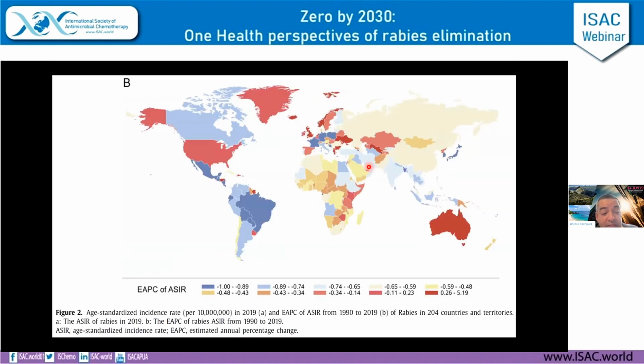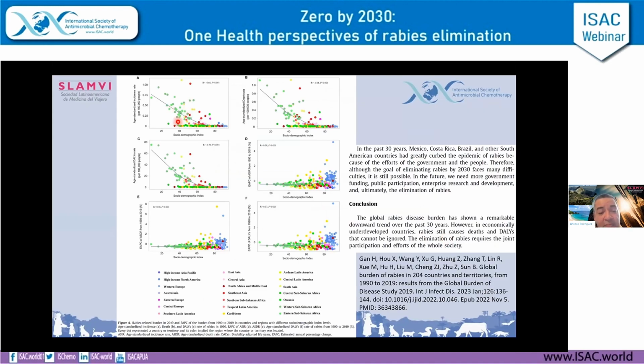Nevertheless, in some countries there has been an interesting change that we have to consider in the approach, because in some places there is an increase or decrease. For example, in Latin America there has been a significant decrease in the proportion of cases compared to the different periods. But in others there has been an increase, as you may see in red, although this is less than 5%. Nevertheless, as I mentioned, the socio-demographic index is statistically significantly associated.